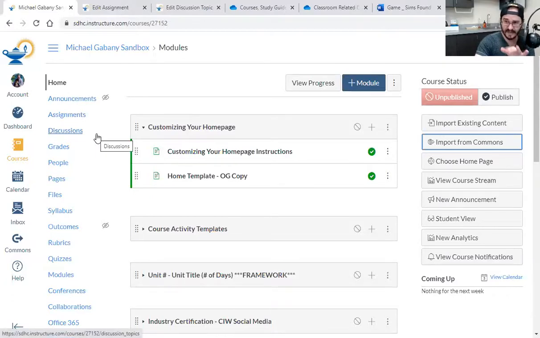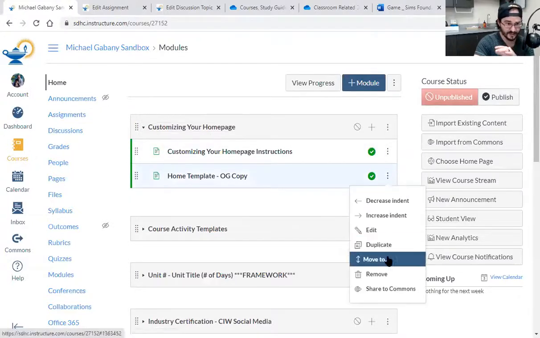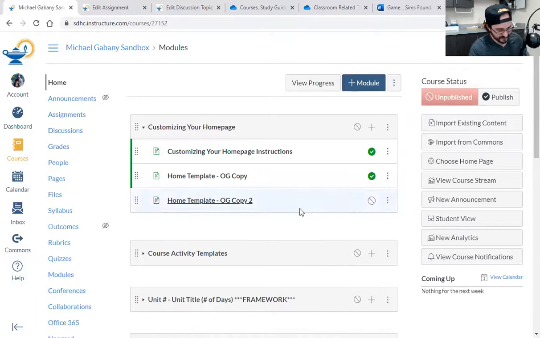Now, from a design point of view, when you're editing a homepage, the first thing you should do when you download it from Commons is duplicate it. Think of it this way. I'm designing a new iPhone. I'm going to start with the original design. I'm going to copy this design over here because I'm going to leave that away. I'm going to put it to the side.